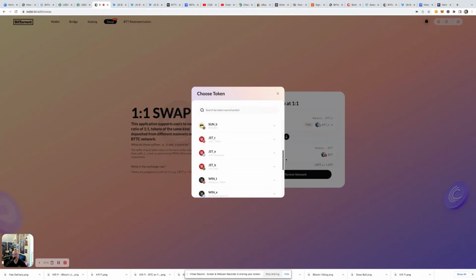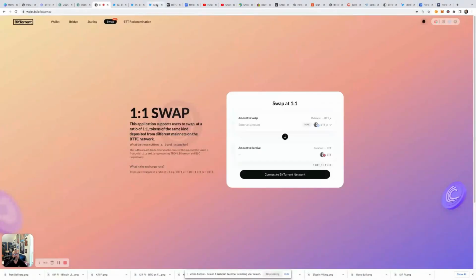So this is where essentially you have your interoperability, right? So as you can see here, obviously we've got the USDD stablecoins. So we have the Tron version, Ethereum, Binance Smart Chain, this NFT. So this is for their Ape NFT marketplace. We've got Win for Winklink. We've got JST for Just Swap. You know, most of Justin Sun's coins are all sort of named after him. We've got Sun, etc. So that's really what those signify, is that interoperability between the chains. Okay. All right, moving forward.